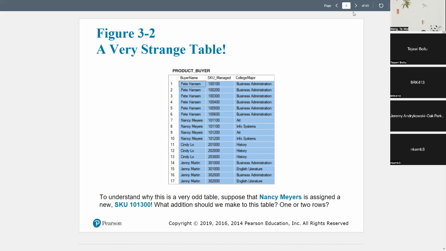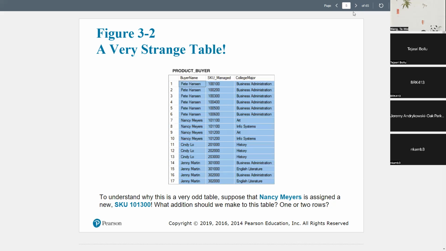Creating a separate table is actually a good practice. So you create a separate table, but how do you make sure the separate table is linked to the original table? Which one is the primary key in that case? Very, very good. So some sort of ID, right? Some sort of ID. So in this case, maybe buyer's ID. So we assign the buyer an ID. We put buyer ID here,